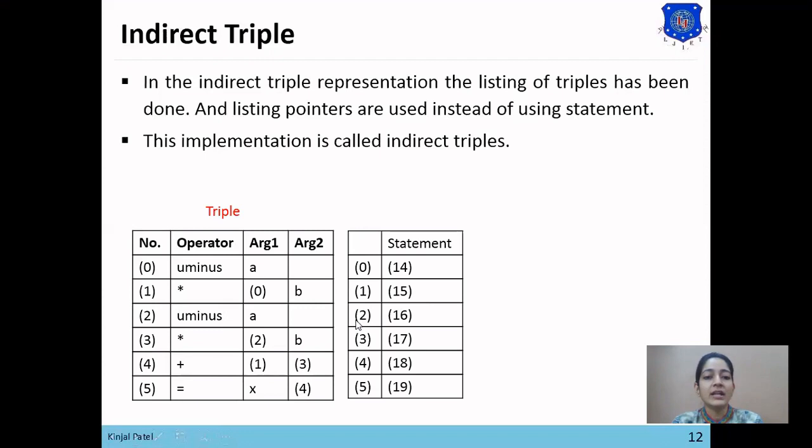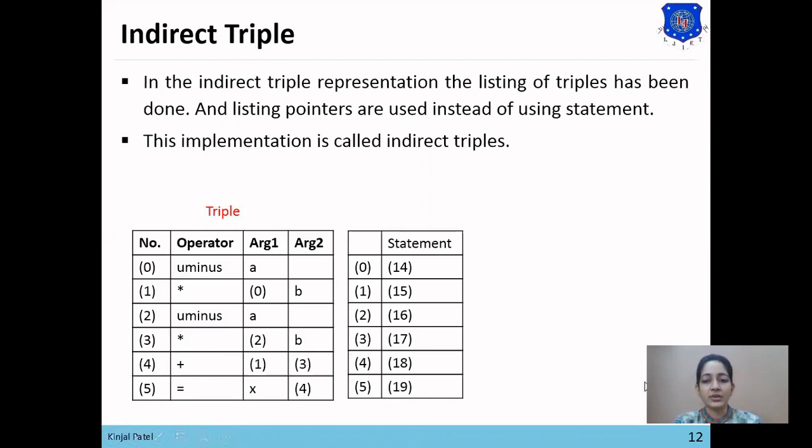To store the result of 2, pointer 16 is used. To store the result of 3, pointer 17 is used. So if we want to perform the operation of 3, then we'll reference 17 instead of 3. Then to store the result of address 4, 18 is used,